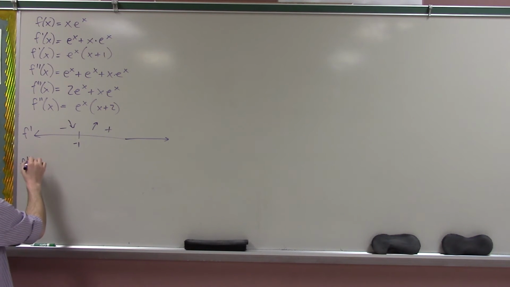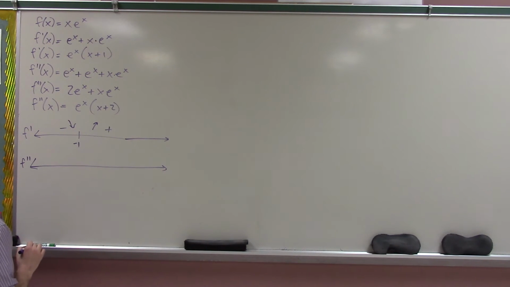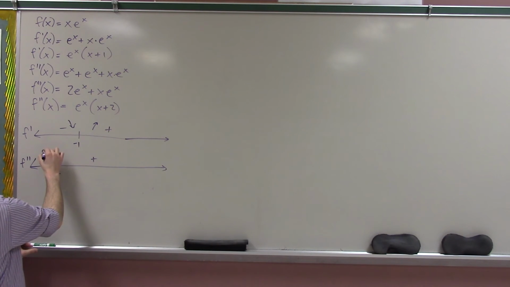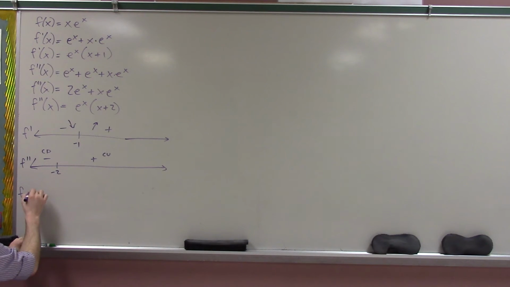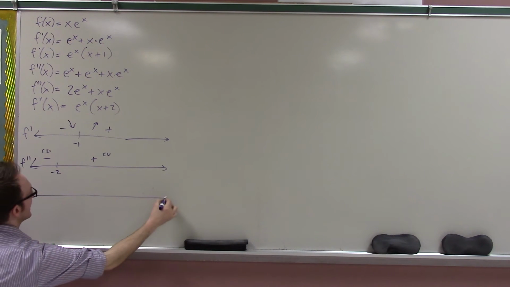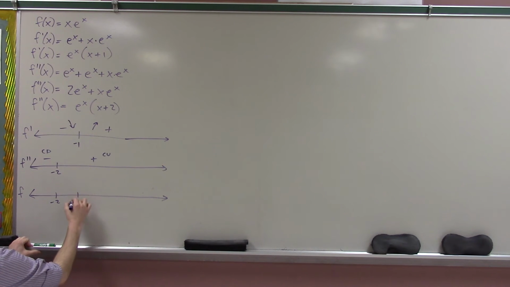Okay, let's make the sign chart for the second derivative. The second derivative changes sign at -2. So we get one sign change, and it goes from negative to positive, which means it's concave down and then concave up. Now we put it all together, so that's -2, -1, and